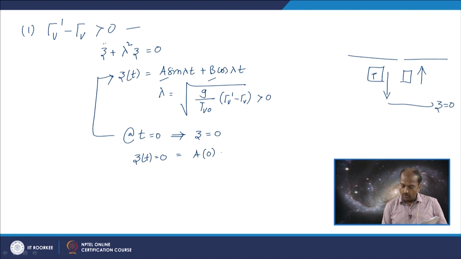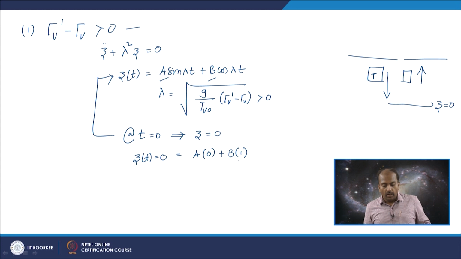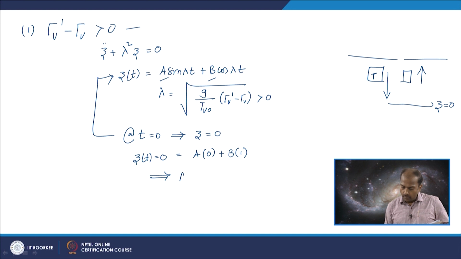So, a into 0 plus b into 1, because you have substituted t equal to 0 in the solution, right. Then you will realize that b is 0. Now, a is not 0, but b is 0. So, we will write z of t is a sin lambda t,